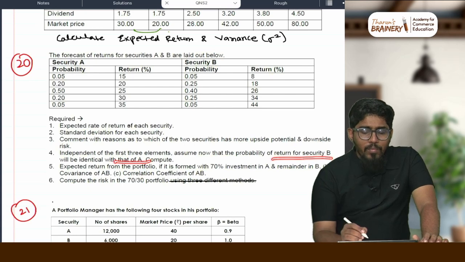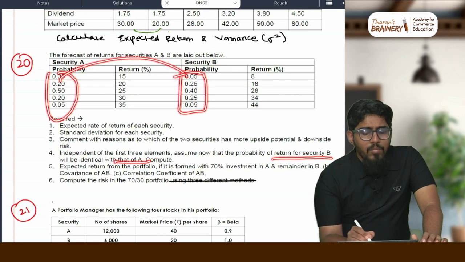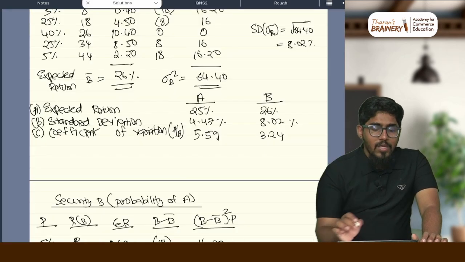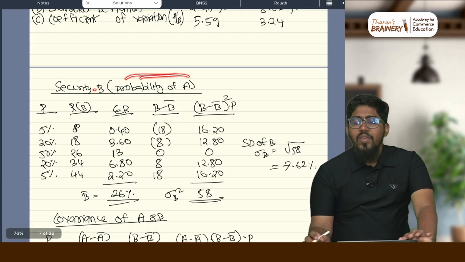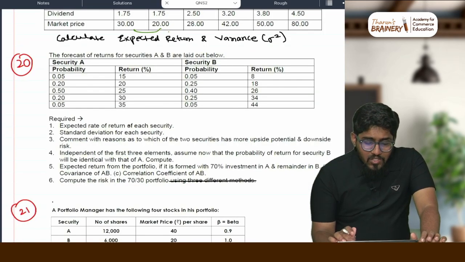Now, independent of the first three elements, assume that the probability of return for security B will be identical to that of A, because the probability for security B is different from A. Assume that this probability is there for B, so same probability. Then compute the expected return. You have to find out the expected return again for security B, but with the probability of A. Sir, why are they asking this? Because the next question is